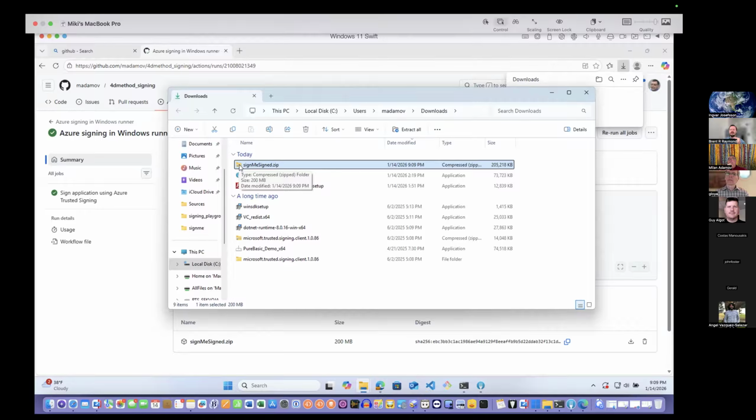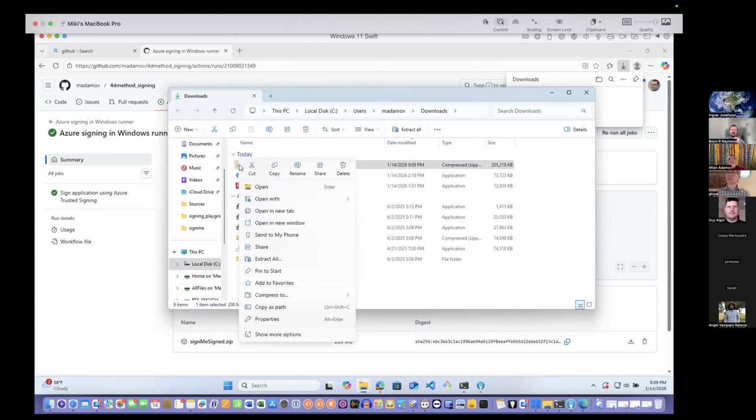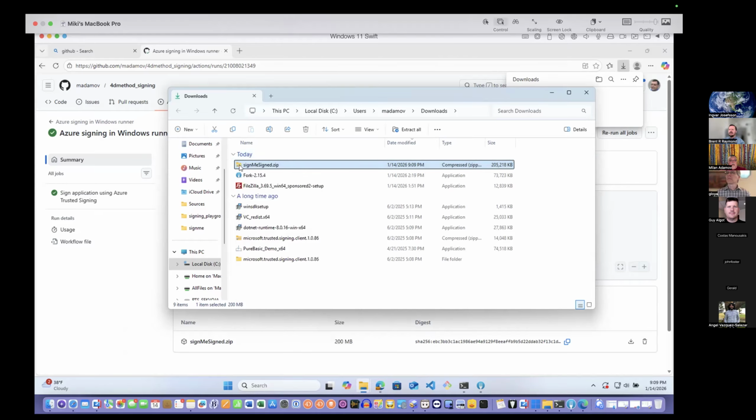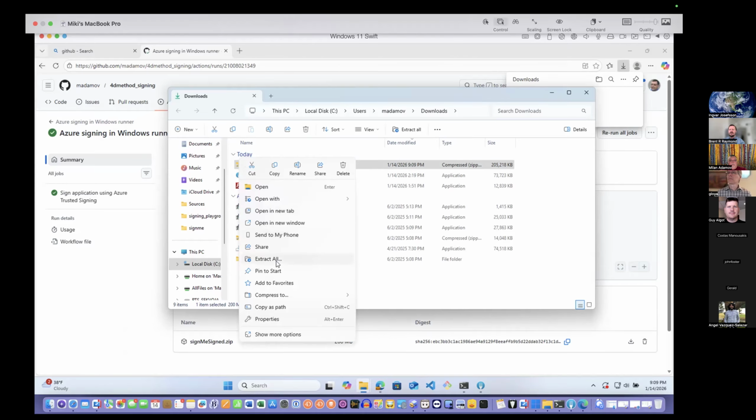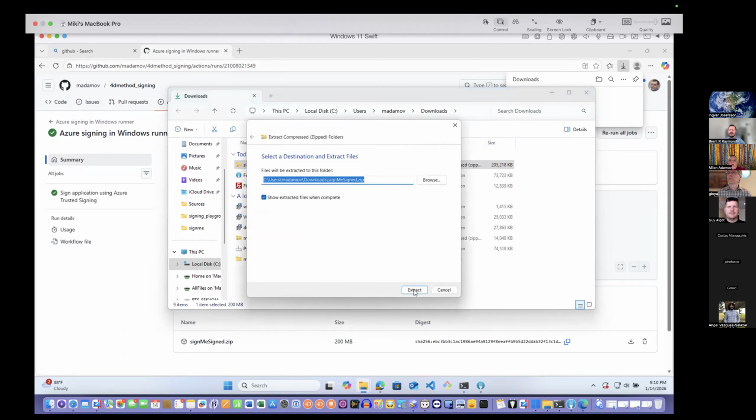I'm not sure if you actually need it. You know what I mean? Because you sign the application, so it's in there. It will know how to. But I don't know. I really don't know. I mean, all the certificates are in Azure. You don't have them. Seems specific to InstallAware.